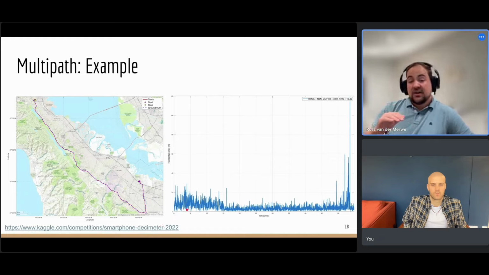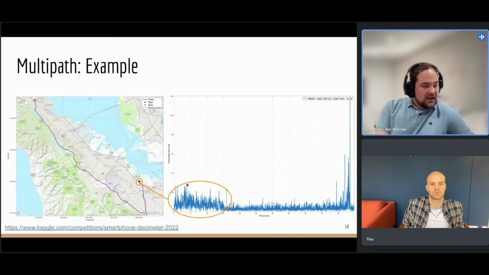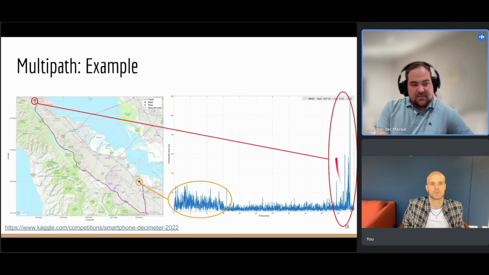So this is now, after I've done my position calculation, how bad is my position relative to a reference position? So this is how big my error is. And what you'll see is, at the beginning, between the buildings, there's a massive error coming in. So we went here from 7-8 meter errors to some as big as 30 meters. And then at the end, we see massive spikes coming out. And here we have an error up to 120 meters.